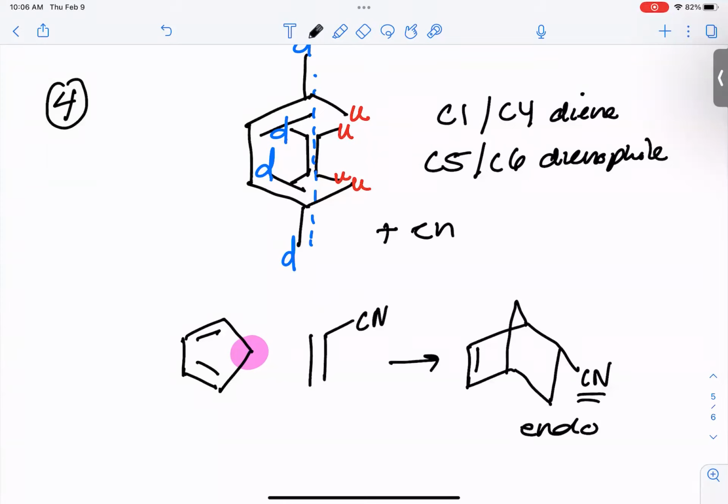So you should do this. You should lay this plan, this framework out for each of the mechanisms that we go through. So with EAS, you have to look at these activating and deactivating effects. Then what we also have to look at is the directing effects. And what I mean by directing effects